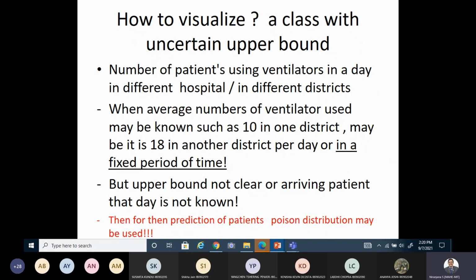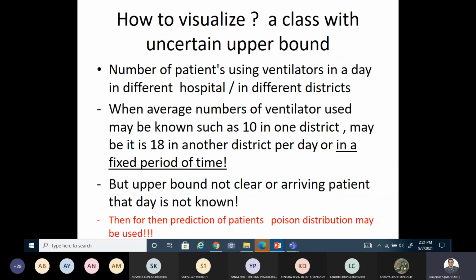So how do we analyze this kind of problem where you don't know exactly the number of outcomes you get per day? Patients, or how many ventilators you need for them. If you are not very clear about the usage of some device or some bed in a problem, how do you guess how many beds or ventilators may be required for an hour, a day, or a month? How can you plan it?